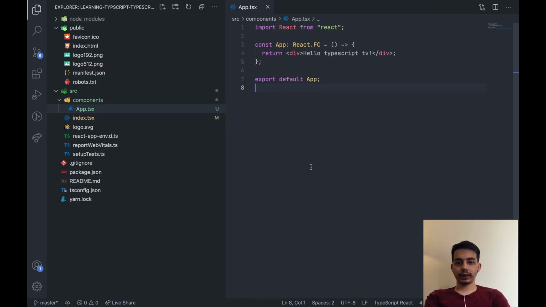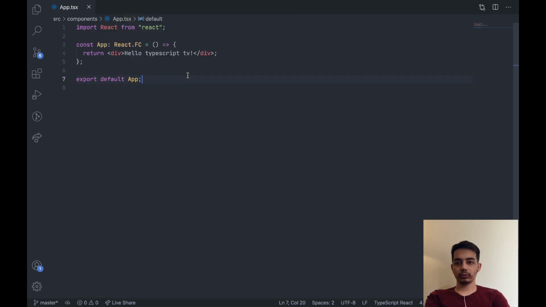If we would jump back to where we were at the previous video, we had a simple App component, which is a React.FC, React function component. I forgot to say that this FC stands for function component. As you can see, it's just a link to the original React function component. Yep, we had a React functional component that used to just render a div with a simple text of